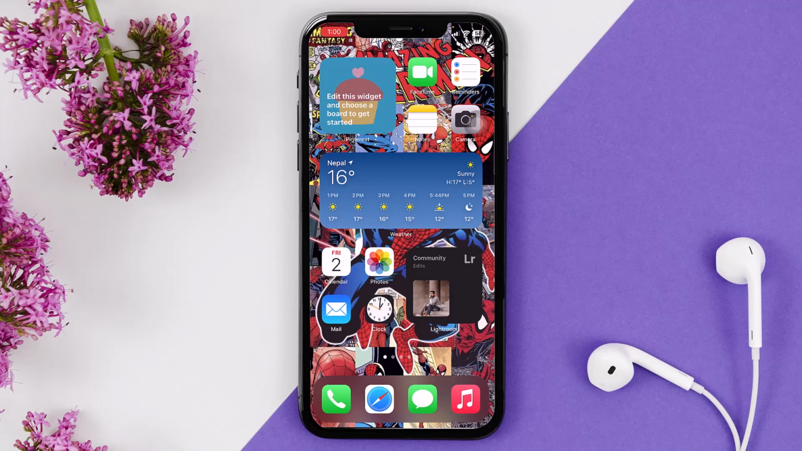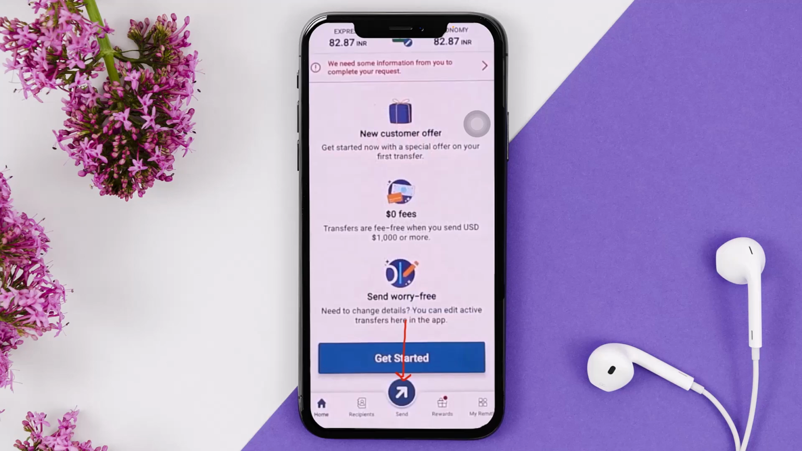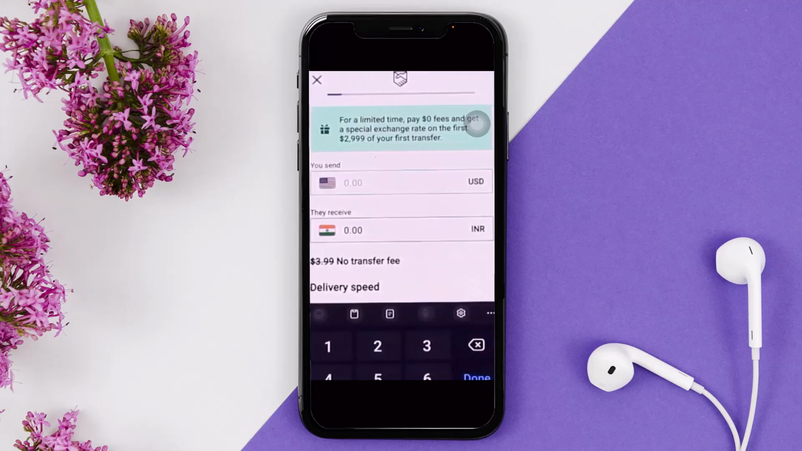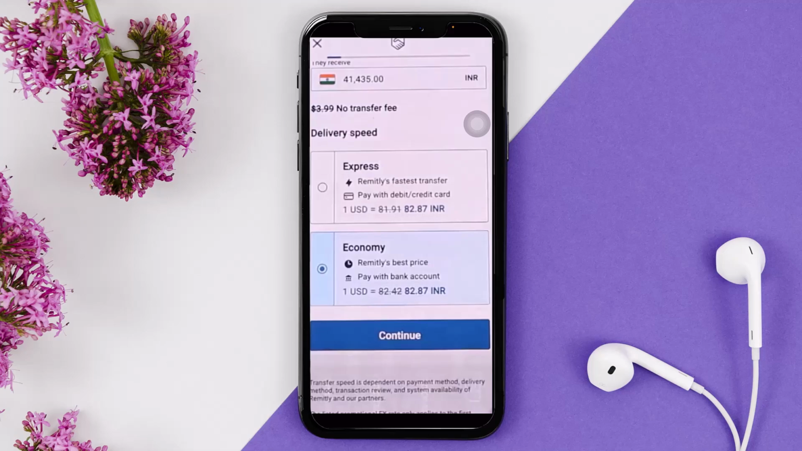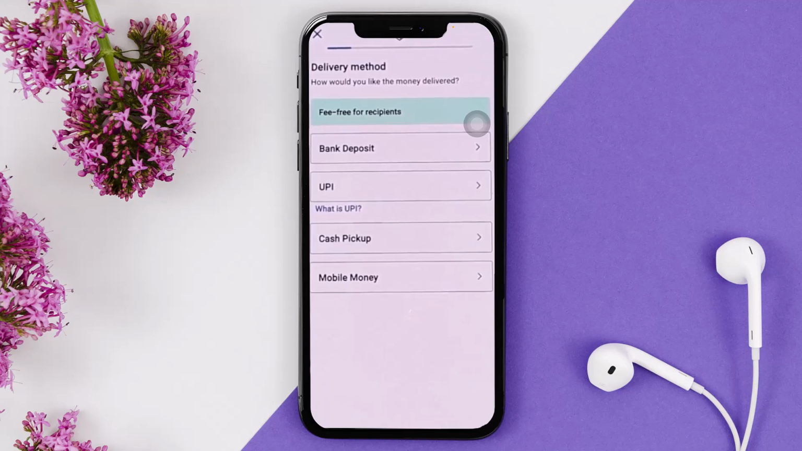Now the first thing that you need to do is open Remitly, and once you open Remitly you'll be seeing this Remitly interface. Right now on the bottom bar you'll be seeing the send button. Simply tap on that and then select your profile, and once you have selected your profile, now all you gotta do is enter in your amount, and once you have entered in your amount, select the delivery speed, either express or economy, and then select the option continue, and once you have tapped on continue, here you'll be